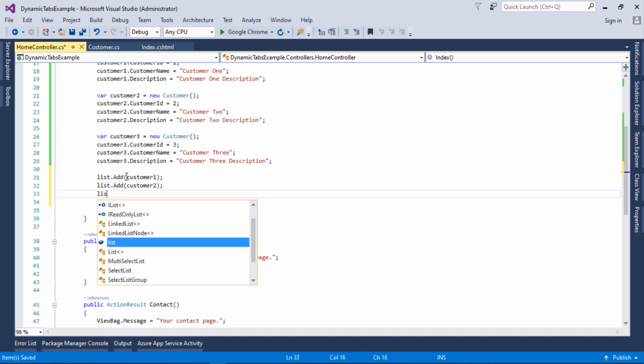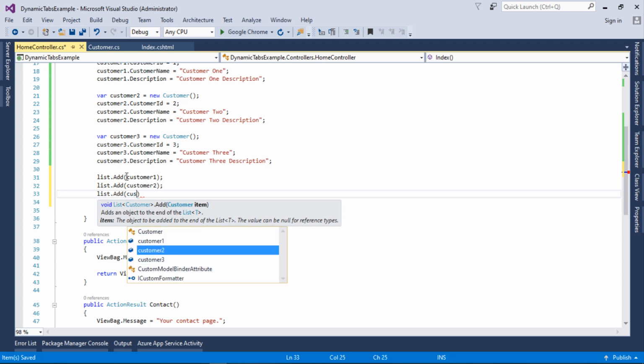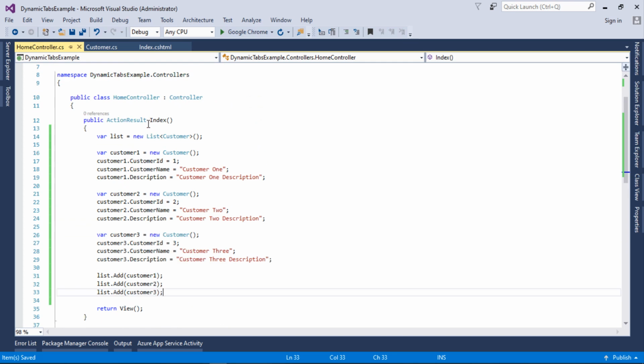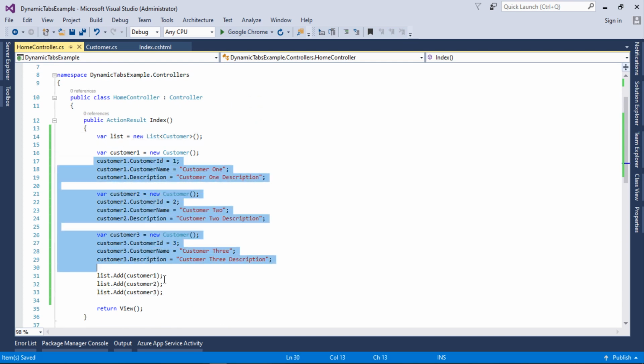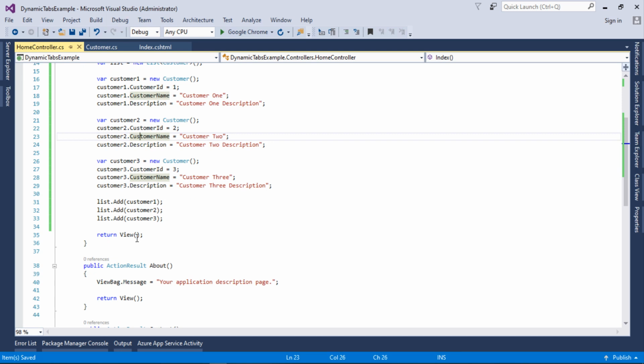Similarly we have the third customer as well, so it will be customer3. And now we have our customer list, and it has 3 different customers which represent 3 different IDs, names and descriptions. Okay guys, so now I will pass this list in the view.